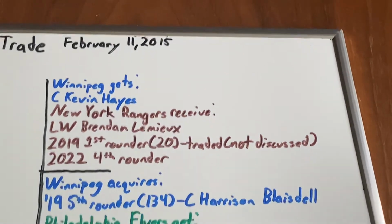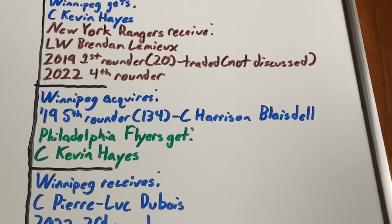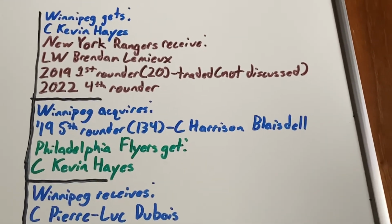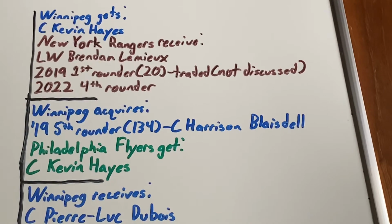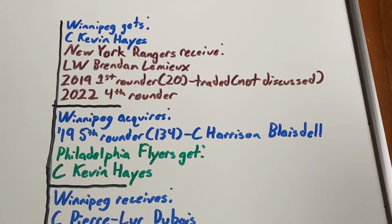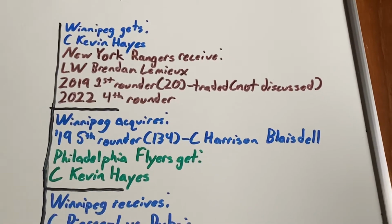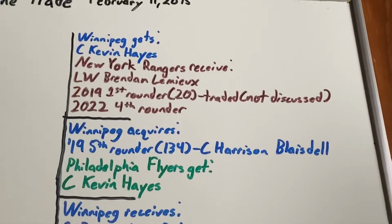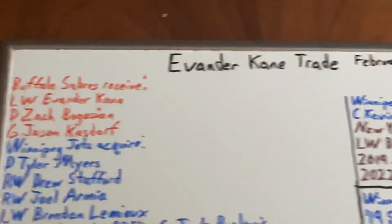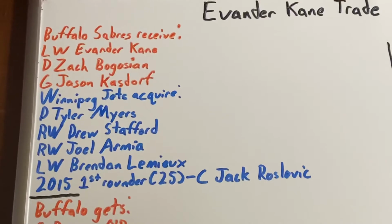He would end up having his rights traded to the Flyers in exchange for a 2019 fifth-round pick. This would become the 134th pick, and with that, Winnipeg would select center Harrison Blaisdell. And Blaisdell, he is currently in college hockey, so they still have 1 more year to negotiate signing him to an extension. Now, the last asset that Winnipeg got in the original Evander Kane trade was a 2015 first-round pick,